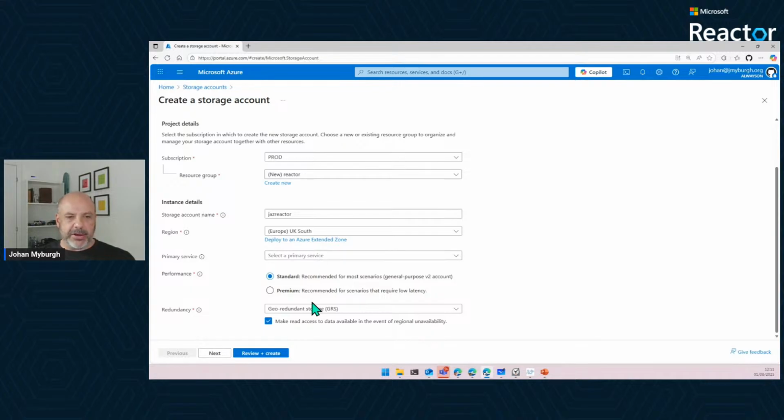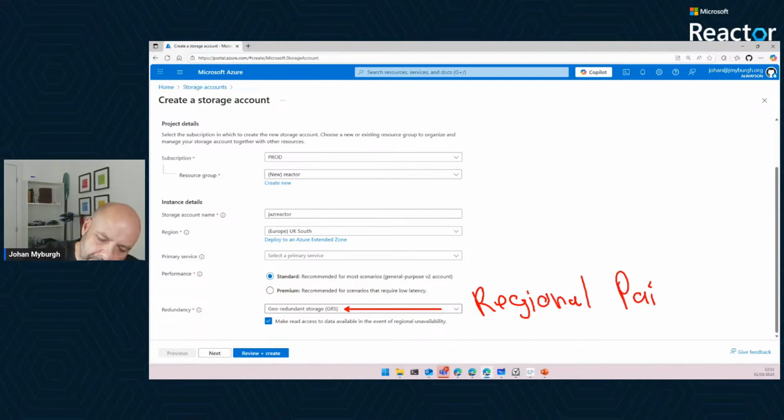I want to make it clear here that if I'm selecting geo-redundant storage, that means that my data is in fact going to be replicated to the regional pair. There's good news and bad news about that. The good news is it does all of that automatically, right? Gives you 6 copies of your data across 2 regions. The bad news is that not all our regions' regional pairs are in the same country. So make sure that when you select the region here, you don't select geo-redundant without being aware of what